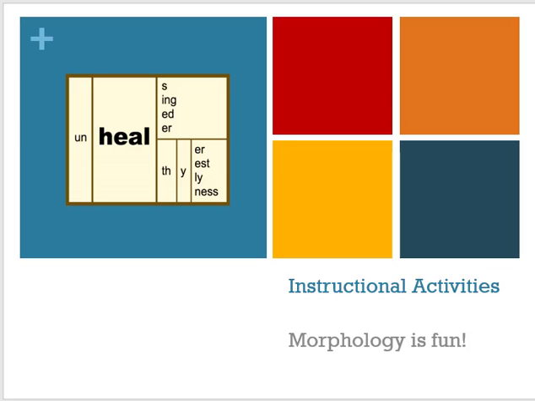But the slide says morphology is fun, and it really is. On the image is a word matrix, and this is formed with the section of the matrix that's the longest having the word heal, H-E-A-L, and then any prefix that can be affixed to that word is positioned in front of it. So unheal, but unheal doesn't necessarily sound like a word that would stand on its own. All of the affixes that are suffixes come after,